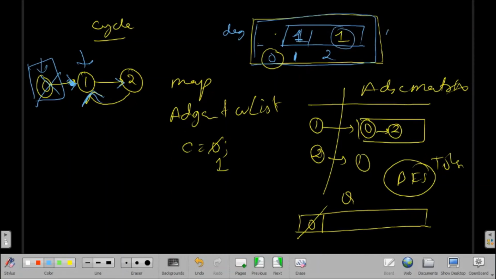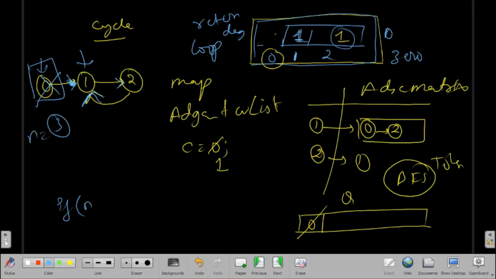So we have no 0 degree. So what we will do, we'll just return from the loop, and we'll check, so here we have 3 courses, n equals 3.